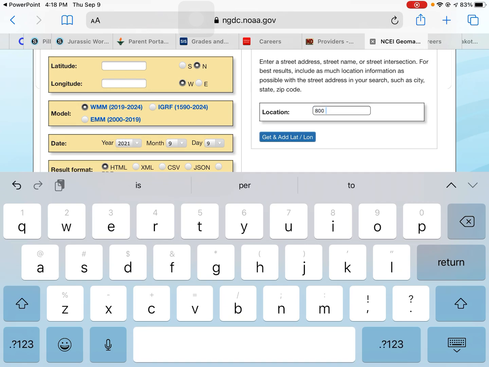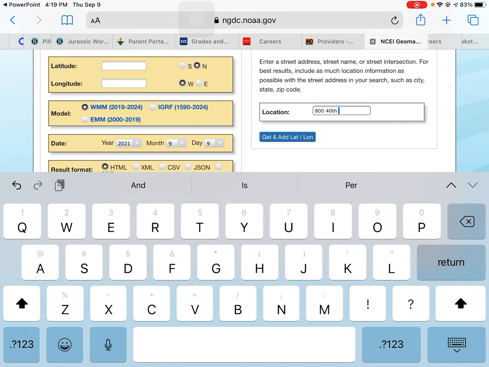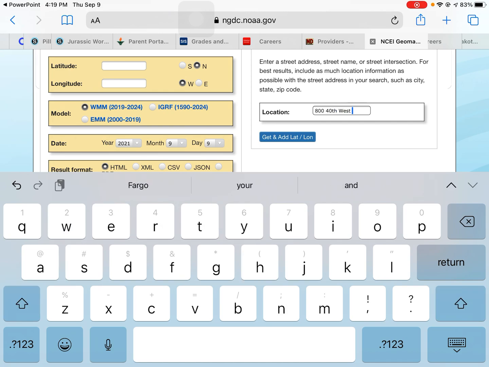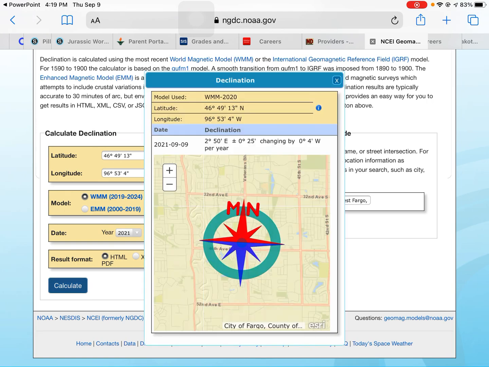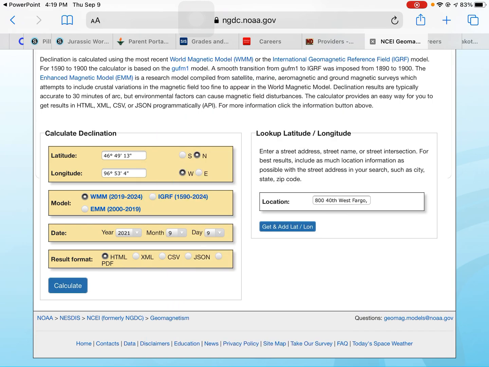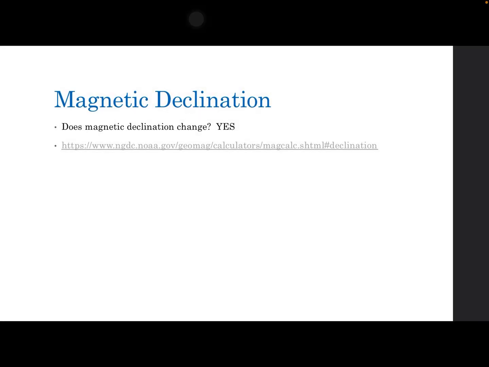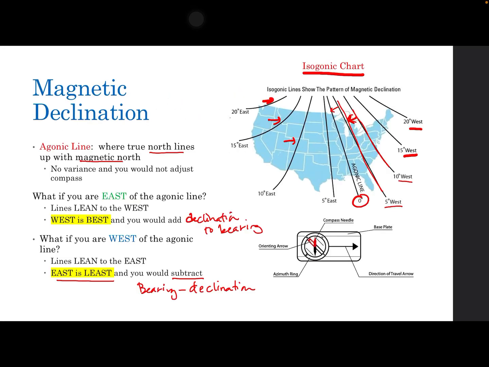So we could look and see, where are we for West Fargo? We'll do the school. So there's Cheyenne. We get the latitude and longitude, and then we'll just hit calculate. You can see at the top it says 2 degrees 50 feet east, so we're only 2 degrees off for declination. So even my chart that I just showed you in the PowerPoint, you can see the agonic line